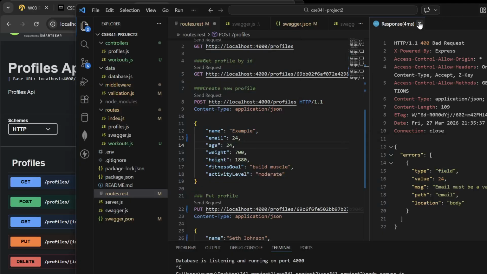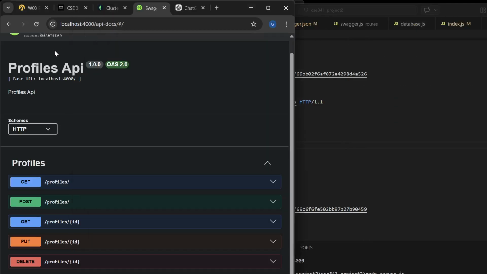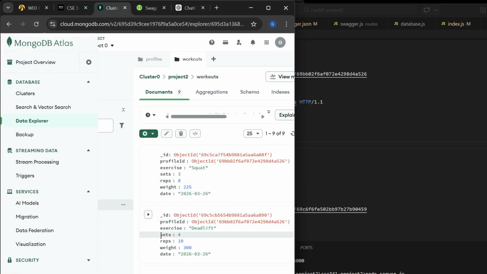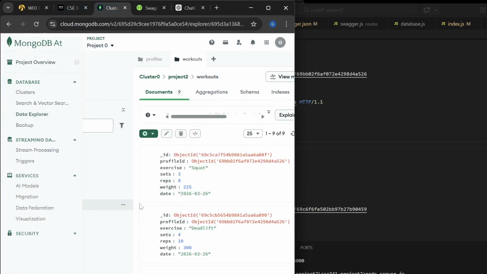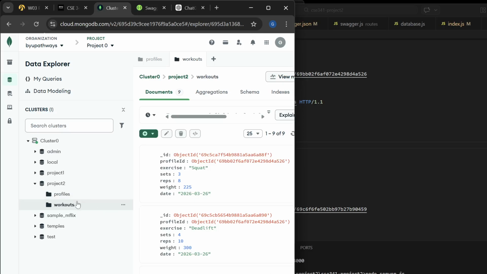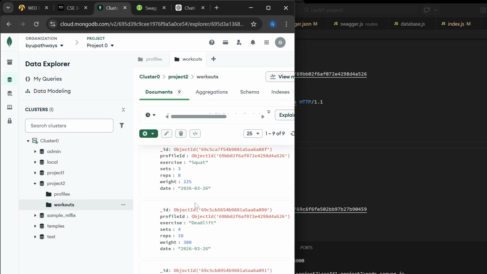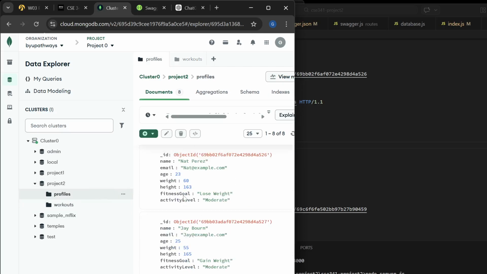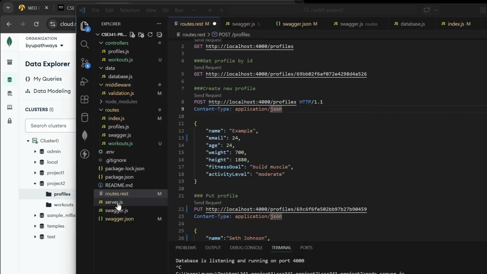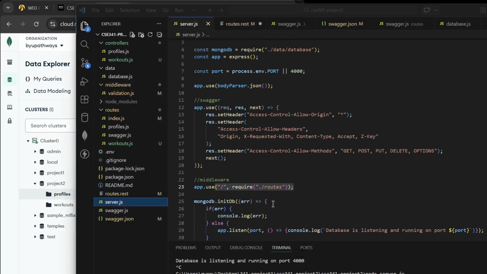All right, so here's my new updated program. Here's my Mongo. You can see it has profiles, workouts, two collections. Here's the workouts collection with some of the information in the profiles collection. Now when we go over here to the code, here's the server file, which will just take us to the